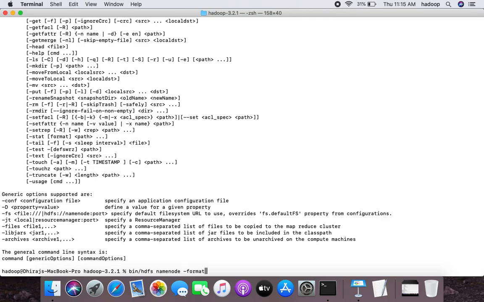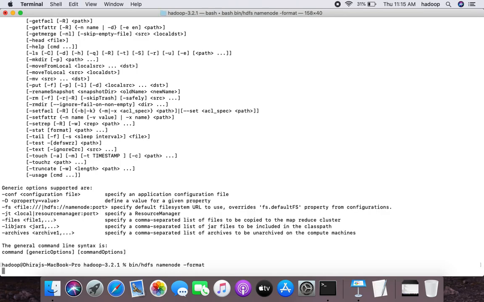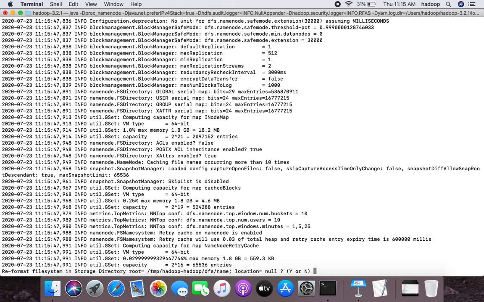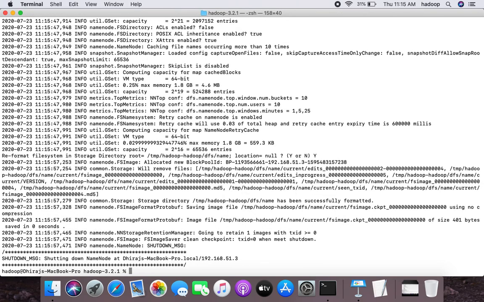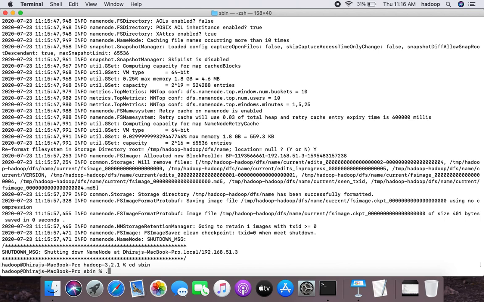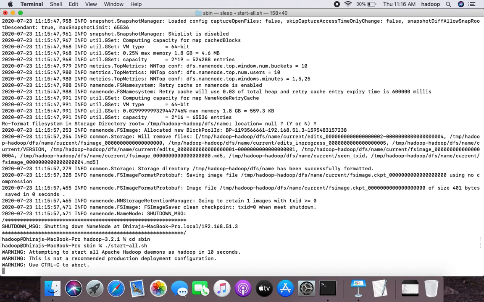So the command is hdfs namenode -format. After you format, you'll be able to see, right now if I go to sbin, reformat. Okay, yes, I want to reformat it. Okay, fine. Now if I go to sbin and run ./start-all.sh,